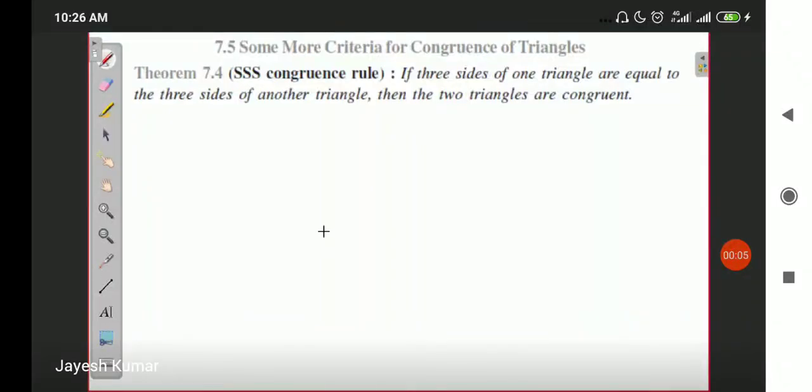Okay. We have completed the second exercise of chapter number 7. Now we are moving on to the third exercise. So before starting the third exercise, let us revise what we have done till now. We have done two congruencies. That is, we have learned about